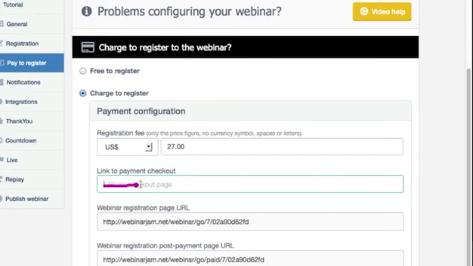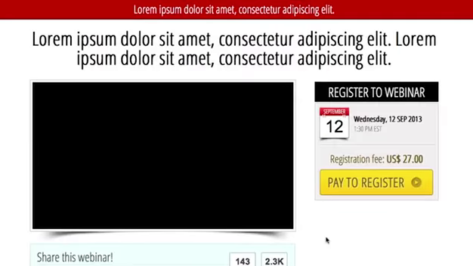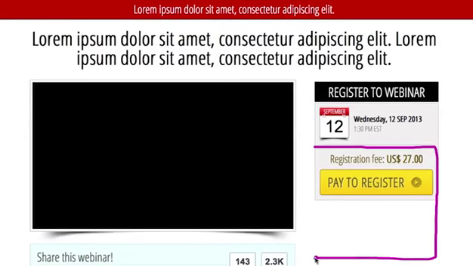And here you simply insert the URL to your payment checkout page. Of course, you can use PayPal or Infusionsoft or ClickBank, your own merchant account. You can use absolutely any payment method of choice. Simply enter that information here, and this will link to the actual checkout page. So once your user lands at the registration page, instead of seeing the standard registration box with the fields to enter their name, email, and register for the webinar,